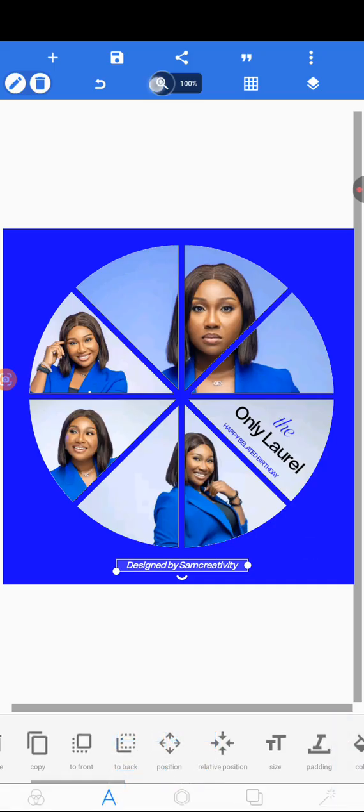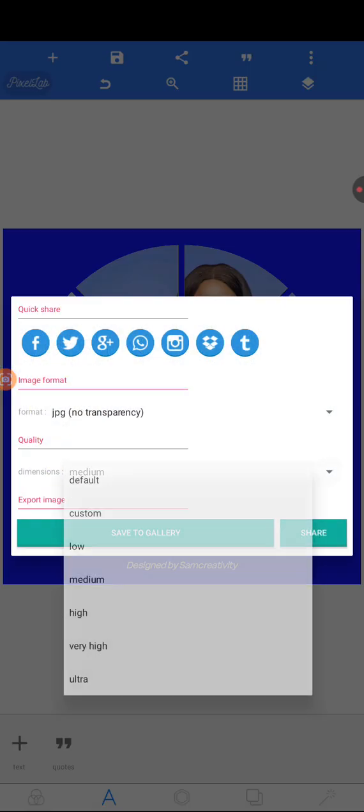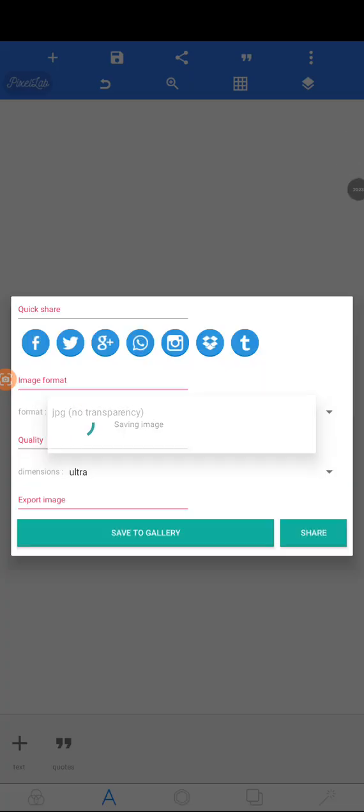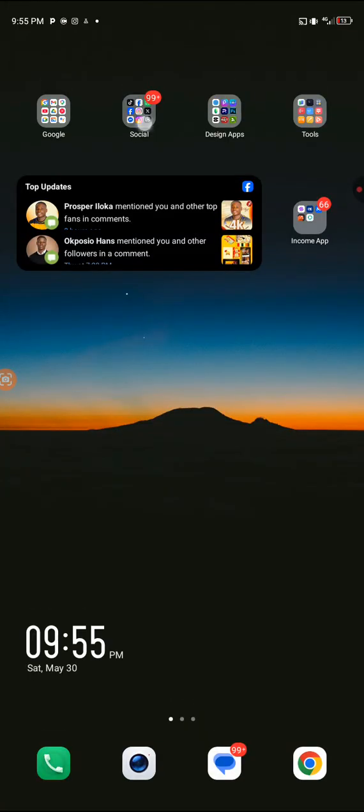This was centered, so this is how I achieved it. So you can just save as an image. You come to your quality, you pick ultra, you save to gallery, then you come to your